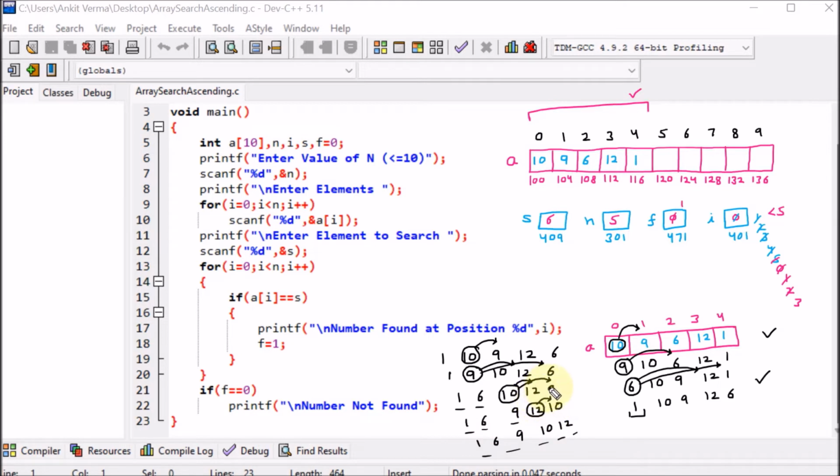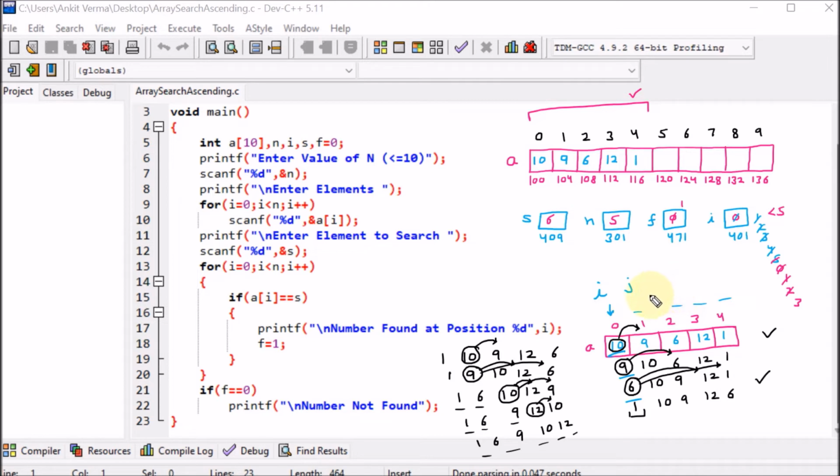Now understand how we are going to make this logic into the program. We can see that in the first pass we have made the first position fixed. Firstly we have compared the 0th position, because you can see that this is at the 0th position, 9, 6. So they are all at the 0th position and we are comparing with the rest of the elements. Here we are taking one variable i, and that i variable will be for the fixing, and we will take one more variable j that is going to compare with the rest of the elements.